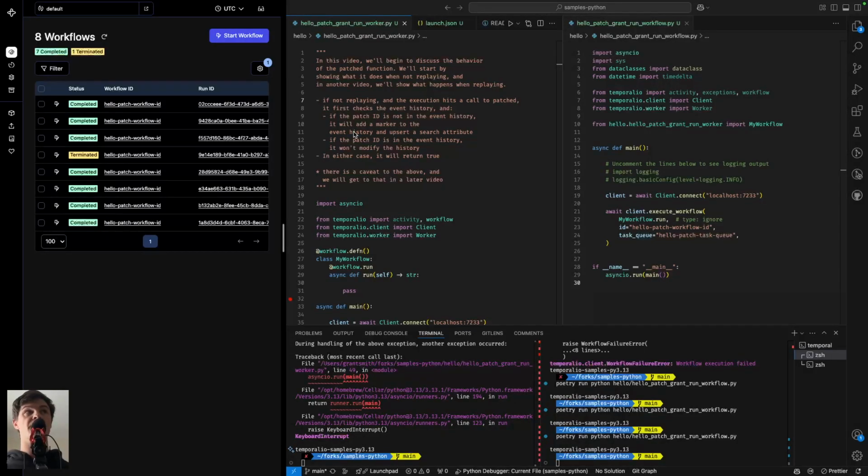In this video, we'll begin to discuss the behavior of the patched function. We'll start by showing what it does when not replaying, and in another video, we'll show what happens when it is replaying. Okay? So if not replaying and the execution hits a call to patched, it first checks the event history, and either the patched ID is not in the event history, and in that case, it will add a